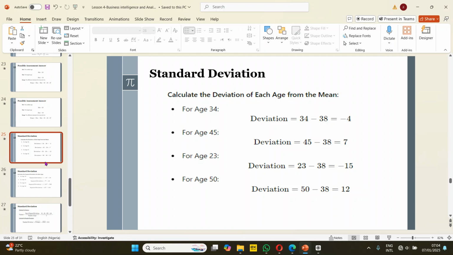Then next is to find the standard deviation, and there are steps to follow. The first step is to calculate the deviation of each age, where we have ages 34, 45, 23, and 50. To get the deviation, we subtract the mean from the ages. Our mean was 38, so it will be 34 minus 38, 45 minus 38, 23 minus 38, and 50 minus 38. The first gives us minus 4, the second 7, the third minus 15, and the fourth